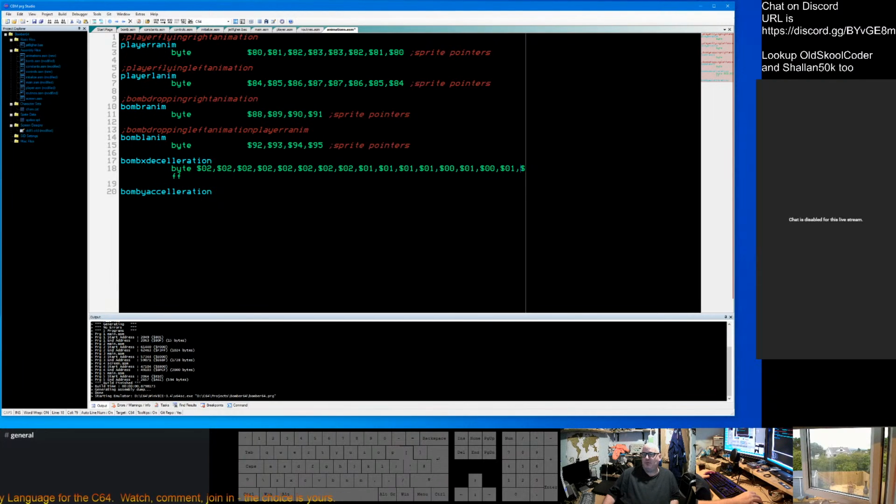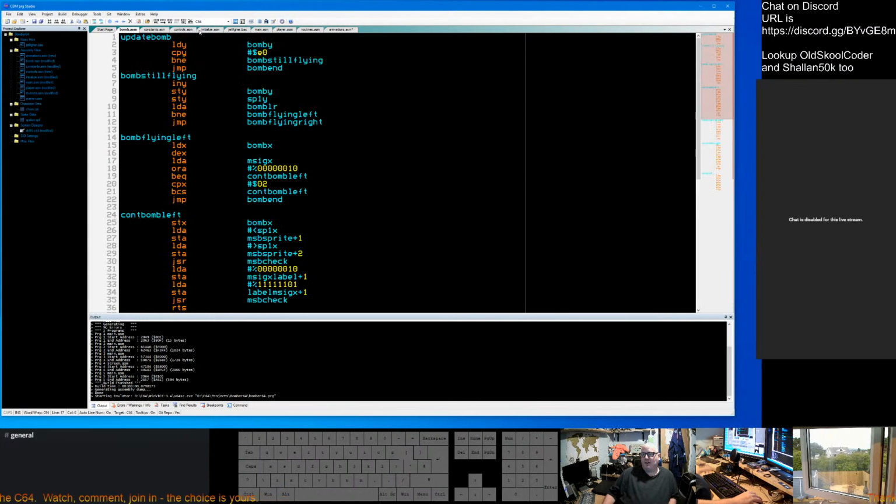So it's called bomb X deceleration. In much the same way as